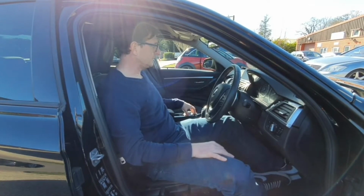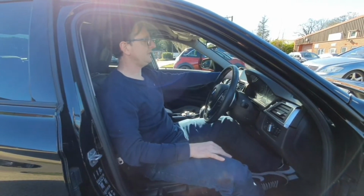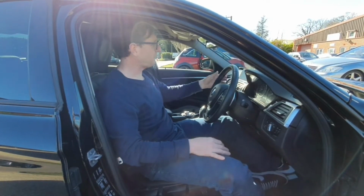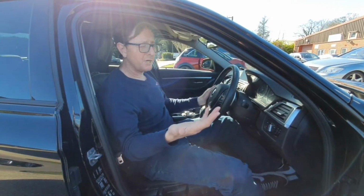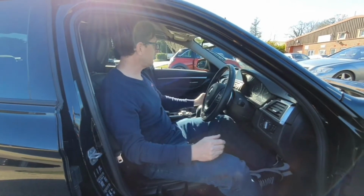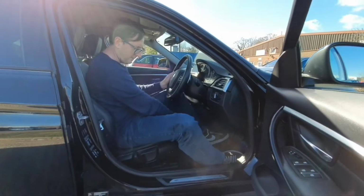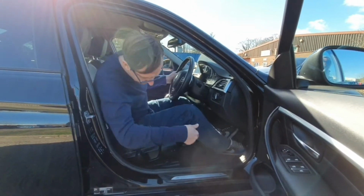It's really easy to use. It's got a nice screen up here that displays your rear parking sensors, the nav, the Bluetooth, and music streaming you can do on it. You can do Spotify, all that kind of stuff on it. This particular vehicle has got the upgraded leather seats. It's got the upgraded seating as well, so you've got